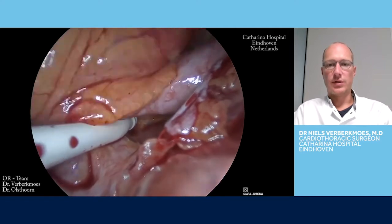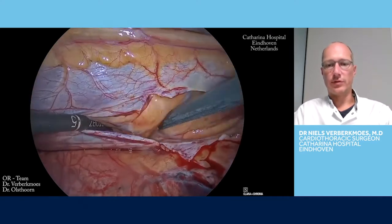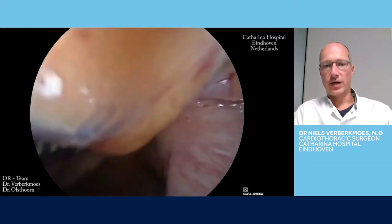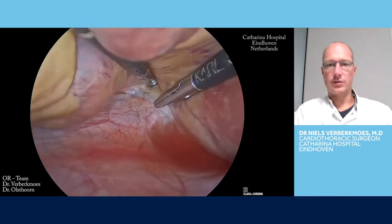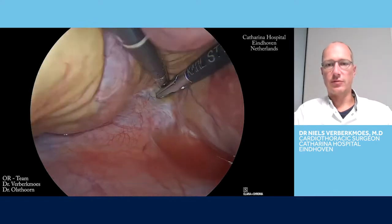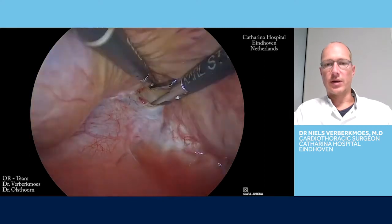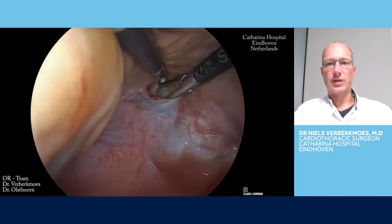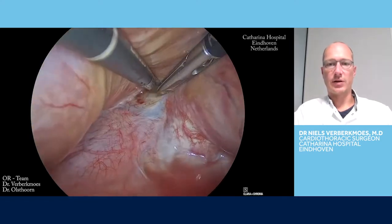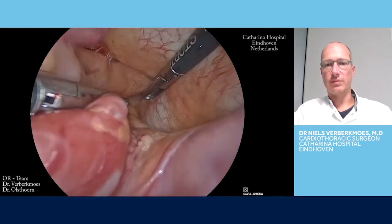Also to learn the effects of cryoablation and redo radiofrequency ablation. Here we enter the sinus, and we open just left from the right inferior pulmonary vein, and we enter the pericardium on the other side. Because there is no anatomical structure behind this pericardial fold, it's impossible to have any bleeding if you keep in